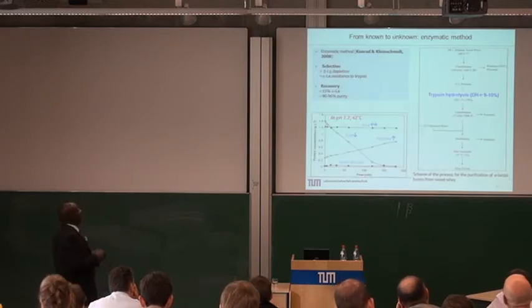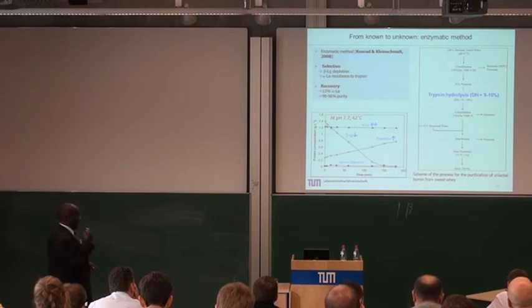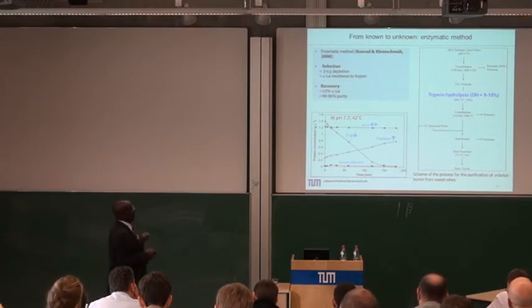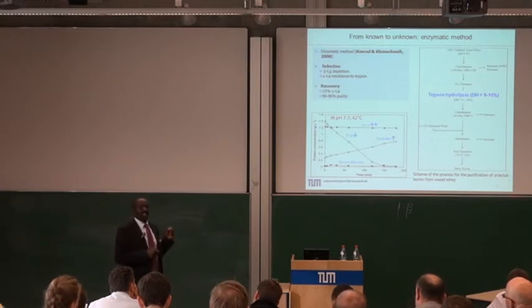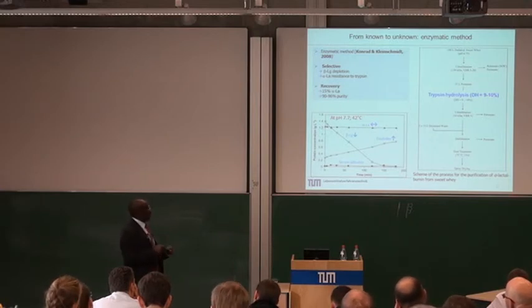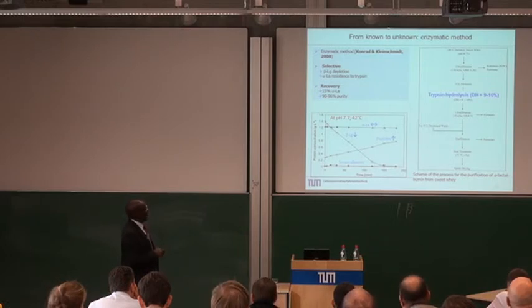So Conrad and Kleinschmidt, the paper that we saw before, have worked before at pH 7.7, 42 degrees Celsius. What they did was they took defatted whey, ultrafiltrated it, added trypsin and digested the protein to a DH of 9 to 10%, and then they did diafiltration and obtained beta-lactoglobulin,